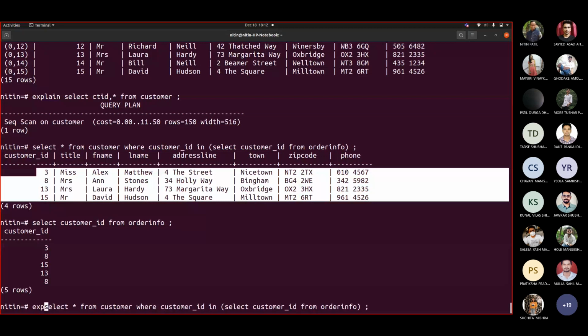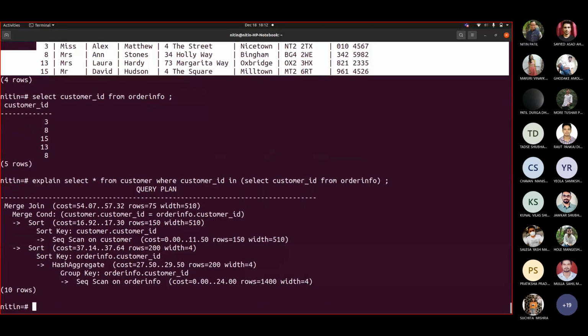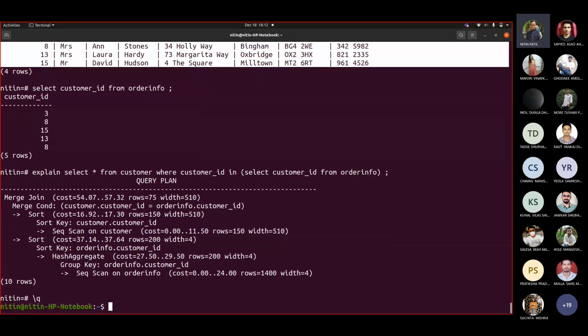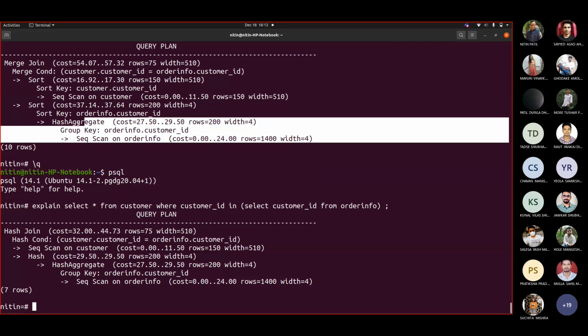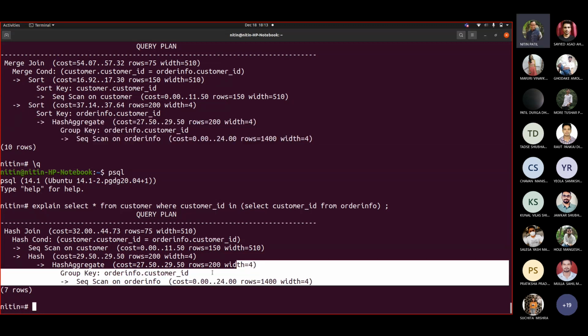Now if I write explain here, let me see one more time because we shut down other query plans. Yeah, you can see now. You have hash join, you have merge join. Can you see that? Even see the timing. If you see the last 3 lines for both plans, this hash aggregate here and there is the same. No problem with that plan.